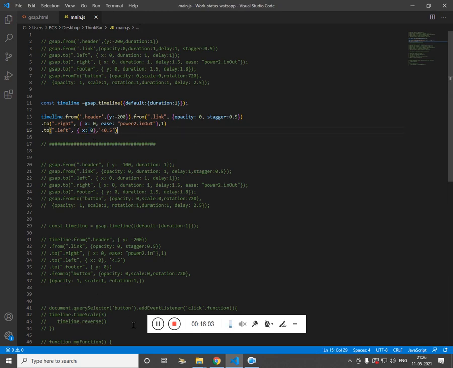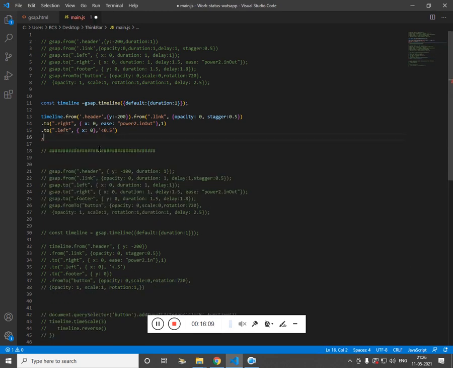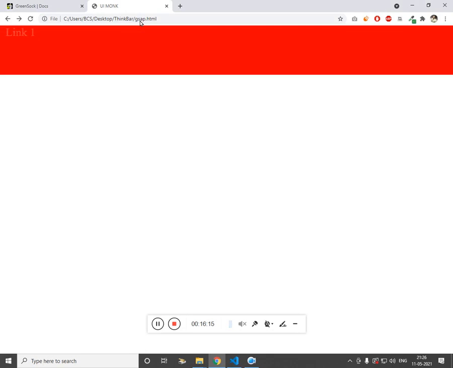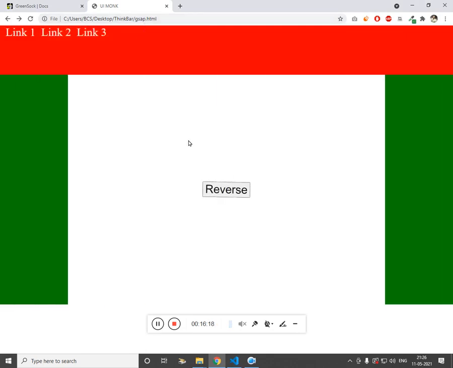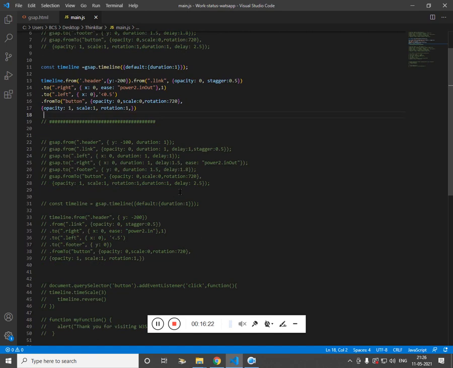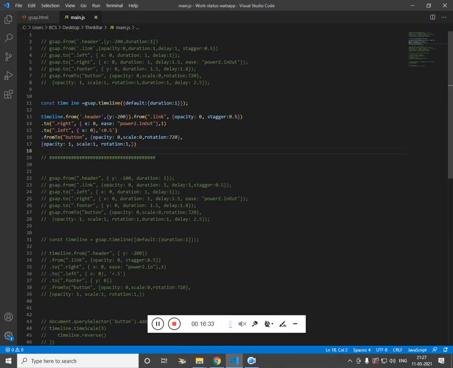The same way we can use the from and to. If I refresh, great. Then finally we need a footer. We'll just use it from here.